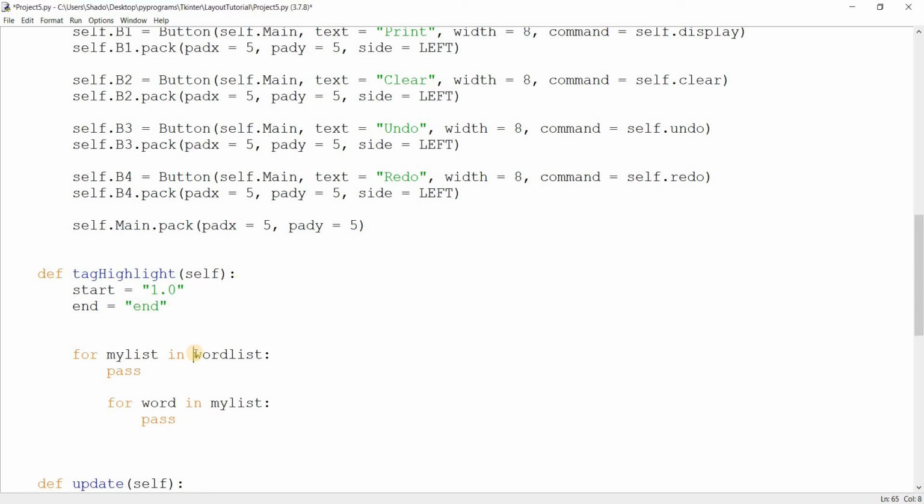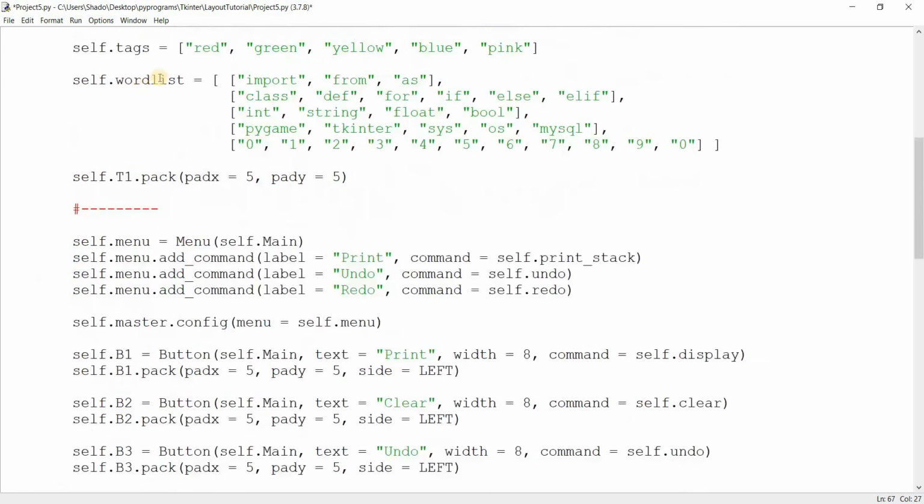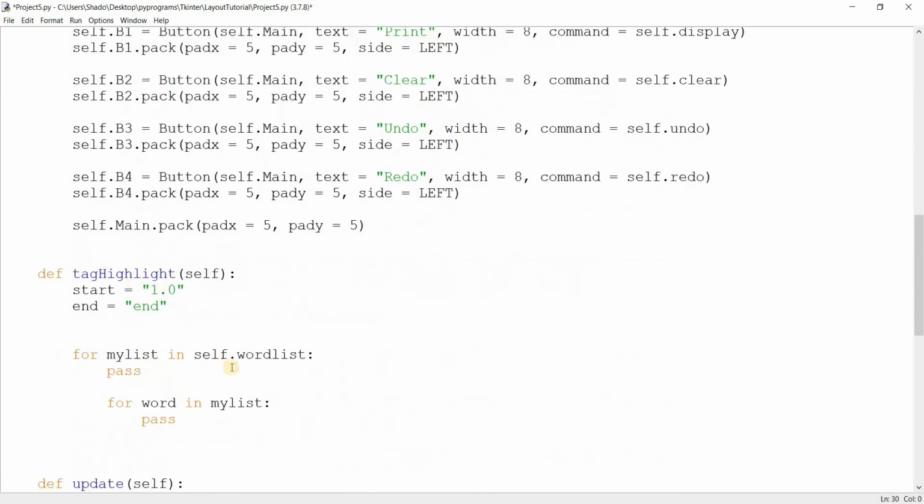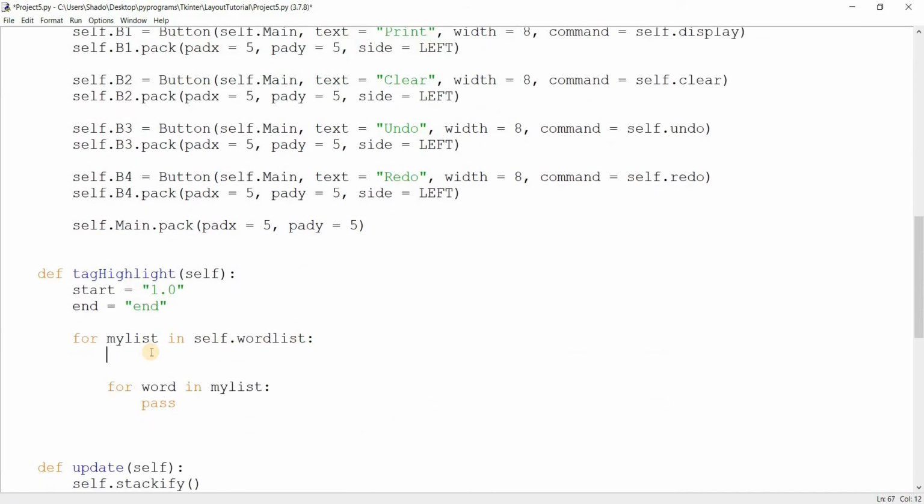And one mistake I noticed here, this needs to be self.wordList, okay? Otherwise, we won't be able to access it, okay? Okay, now let's actually begin. So the very first thing I want to do is basically find out the index number that we're on, okay? We'll use this later. Basically, self.wordList.index(my list). And I think this returns a string value, I think, so I'm just going to convert this